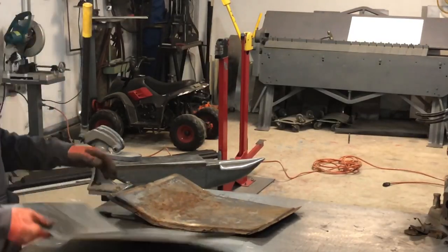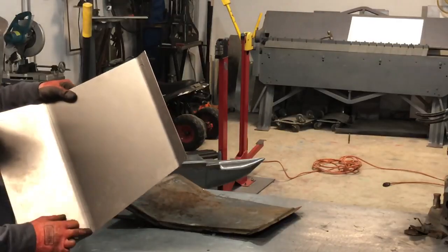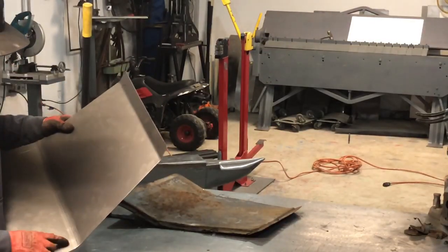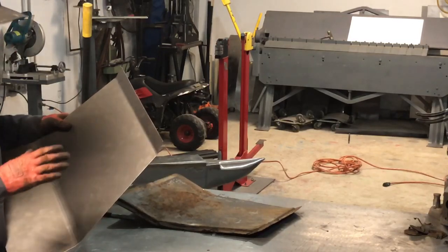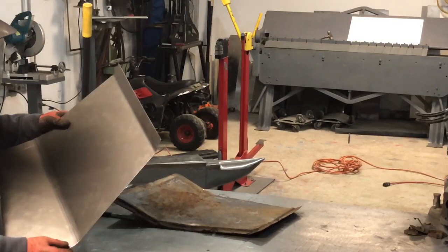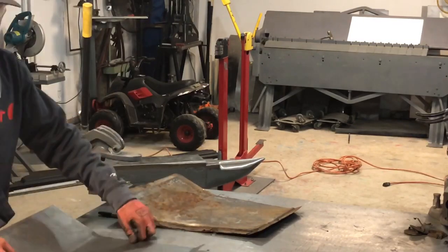So the reason I did the radius is because when you go to put this step flange in it, in the bead roller, if it's a hard break, you won't get a clear line on it. So what I'm gonna do now,